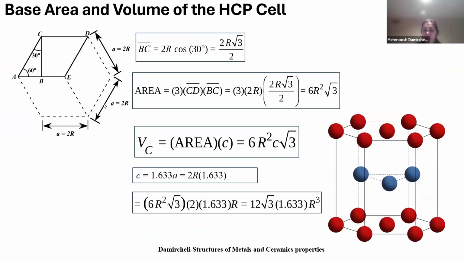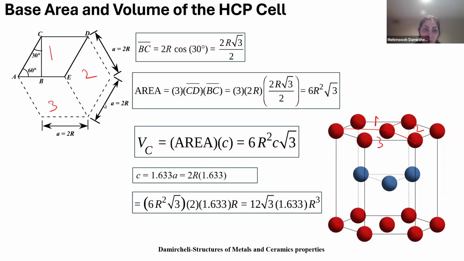The next step, for finding density, we need the volume of the cell. For volume, first we should find the cross-section area, and after that find the volume. Again, if you remember, we can consider that it's 3 parts: part 1, part 2, part 3, and all of them have the same area, meaning the total area should be 3 times one of these areas. So if we calculate part 1, we can calculate the total area too.